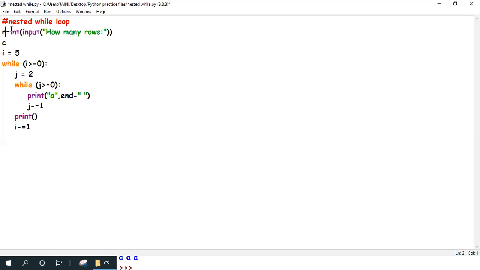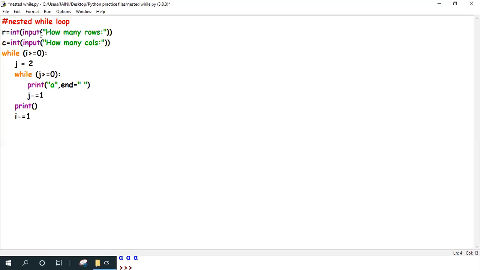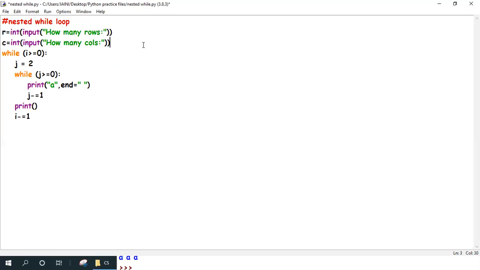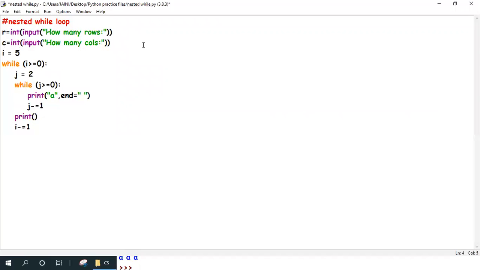And also take the c from the user and ask how many columns. Okay, and change this entire body in such a way. I can easily teach you this, but I'm not teaching you for a reason. Okay, so you're going to figure it out and change it in such a way that whatever the user enters,